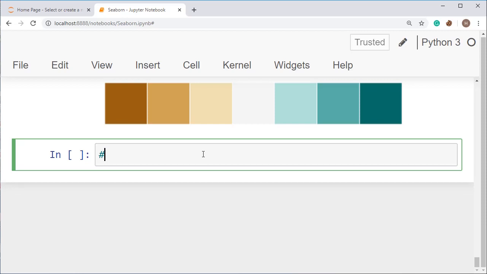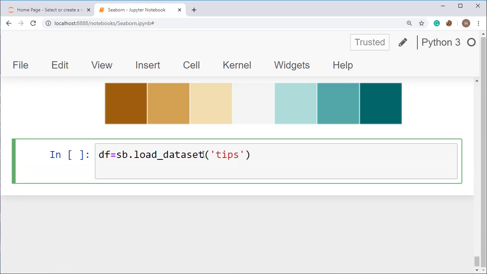So let's plot a histogram. First we have to create a data frame. I'm going to create a data frame with sb.load_dataset, and I'm calling the dataset tips. Now put sb.distplot here, and put df and the petal length here.